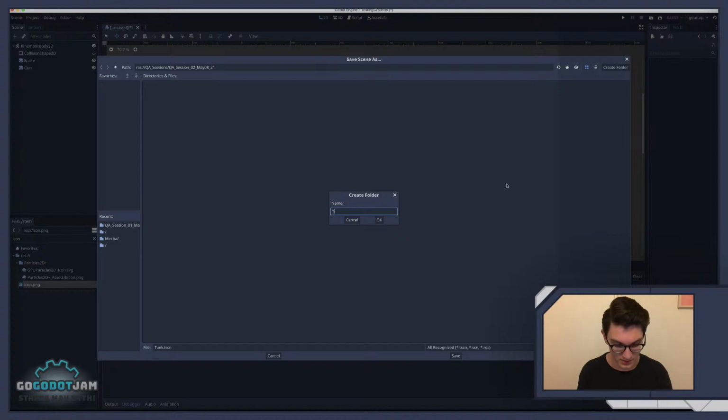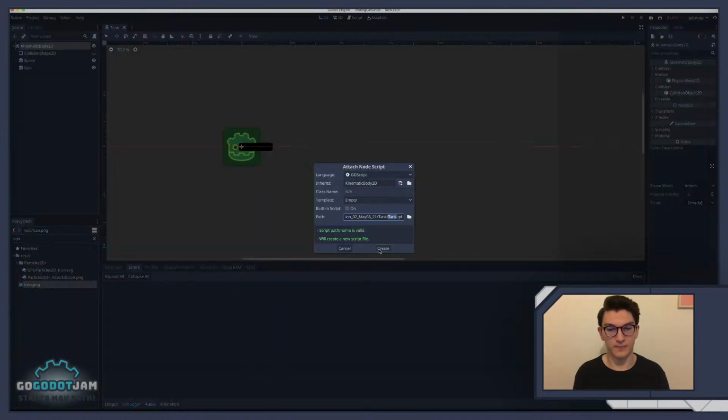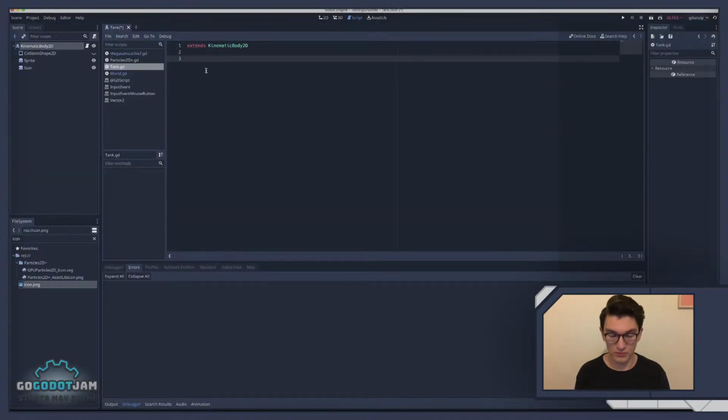We'll create a folder, say tank, and I'll save it right in there. Now we're going to go ahead and add a script here, and I'm going to get the movement working. So this is a very common movement function. I'm going to say var input_vector